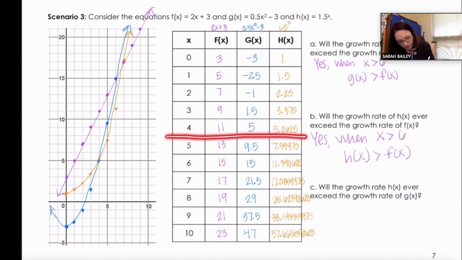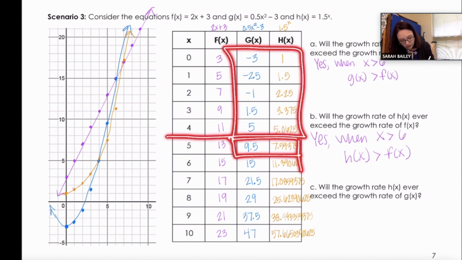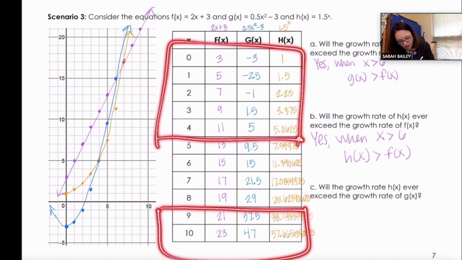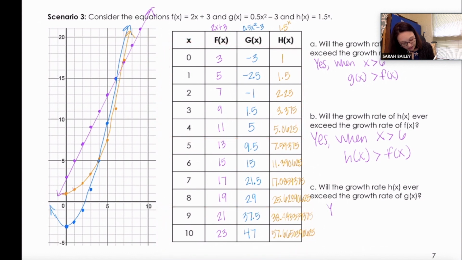So let's look here. From 0 to 4, h of x is greater every time. Then it becomes smaller, smaller, smaller. Okay, but then we've got here and here. This section and this section. So yes, the growth rate of h of x will exceed the growth rate of g of x. So I'm going to say yes